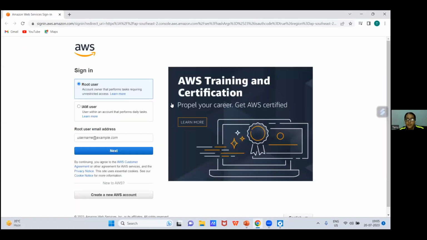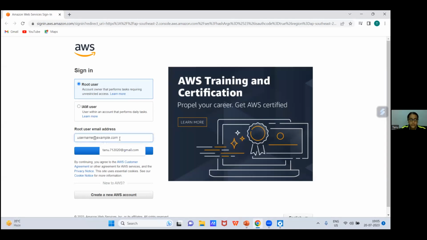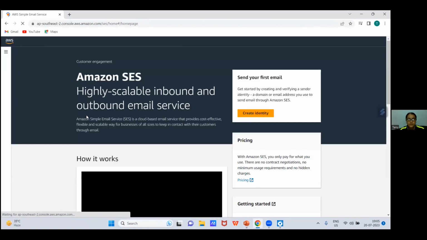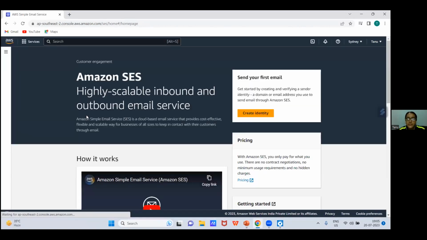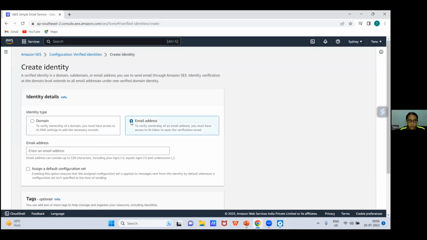Is my screen visible to you, sir? Yes, it is visible. Okay, sir. I have to just sign in to this AWS console. I have to put the password. This is the Amazon Simple Email Service dashboard. What we have to do now is create an identity for the email address. Click on this. First of all, I will create an identity for the email address. So we have to click on email address. Now we have